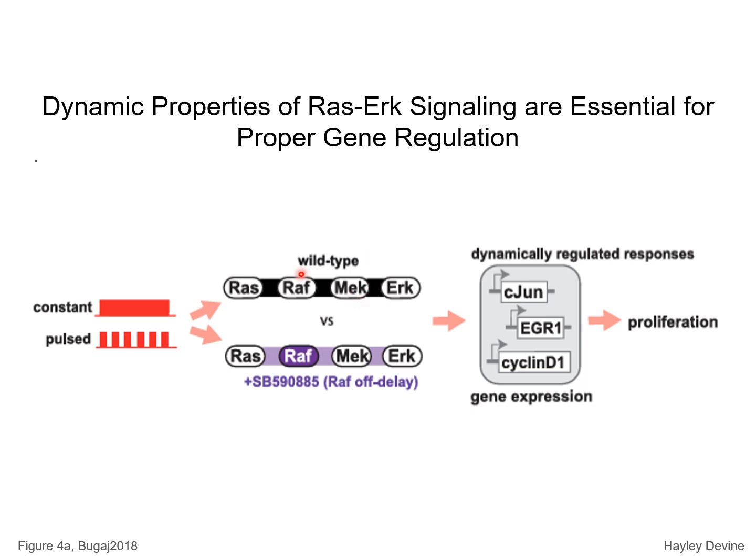The authors of this paper aim to investigate how dynamic RAS-ERK signal inputs are interpreted at the level of gene expression, and whether altering this RAS-ERK signal transmission with the drug SB590885 disrupts this interpretation. So this RAS-ERK is a part of the MAPK signaling network and is frequently dysregulated in